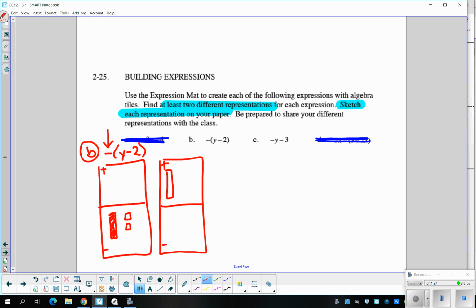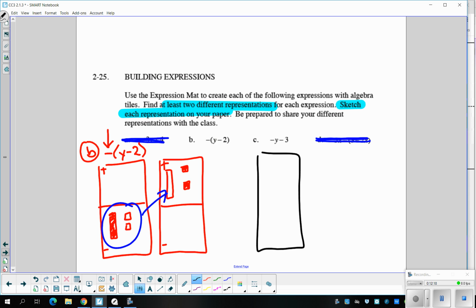And then the opposite of -2 is actually a +2. So see, once again, when I'm taking the opposite of this group, all we're doing is flipping those tiles over and they're changing signs. And that's two different ways I could show that. Let's look at C. So on C, I